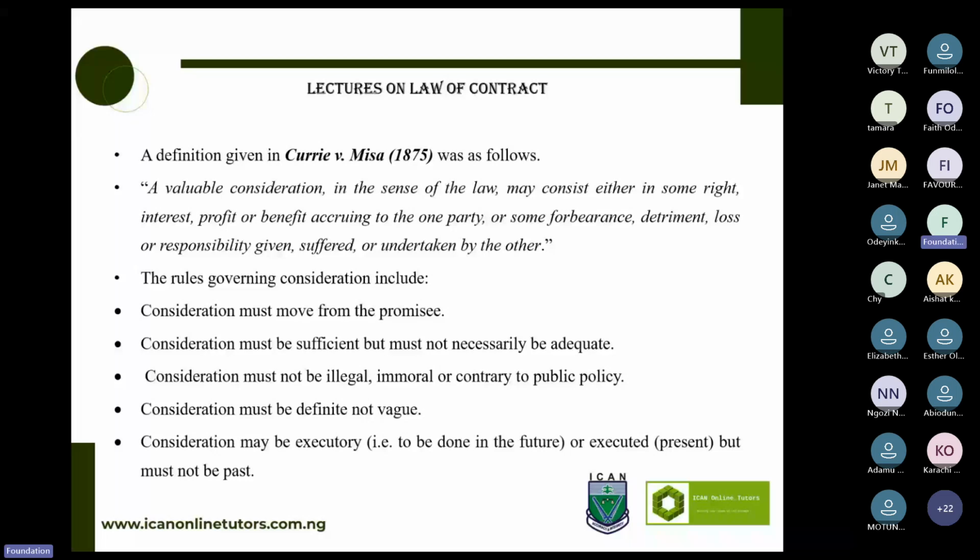So we have the promisor, the person that promised. We have the promisee, the person that will likely receive it. So it's that person that we expect a consideration from. But what we're saying in essence is that there must be a consideration in that contract, and it has to move from the promisee. The nature of the contract might matter in how this will happen, but for principal purposes, number one is that consideration must move from the promisee.